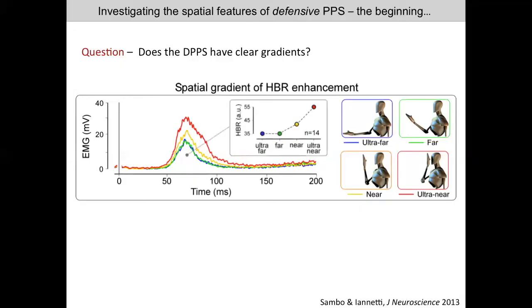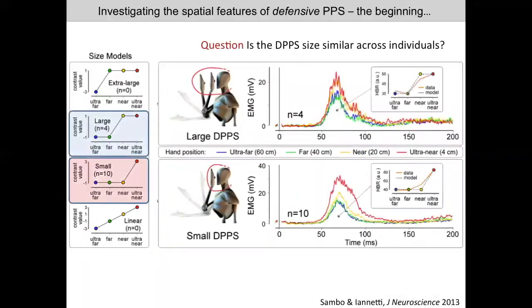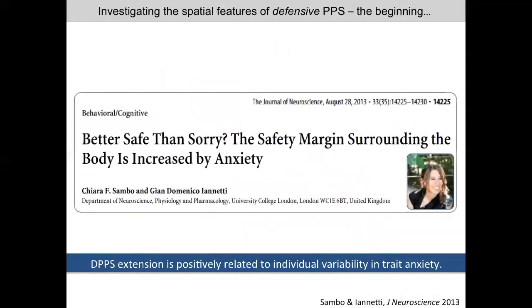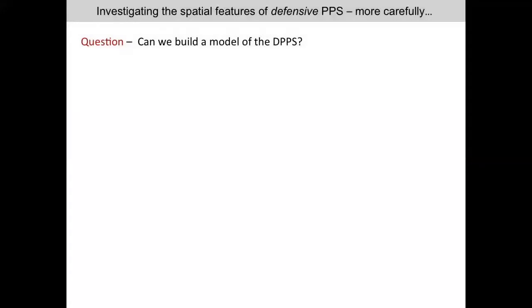And for example, you can see that the size of what we call the defensive peripersonal space of the face is related, for example, to the anxiety trait. So people who are more anxious have a brain which decides, even when the stimulus is farther away, to facilitate the circuit underlying that defensive behavior. And then by playing with different stimulus positions, you can do it with the hand, you can do it with auditory stimuli moving around. This is work that was driven by Chiara Sambo, who was with me in London a few years ago. Basically, we found that